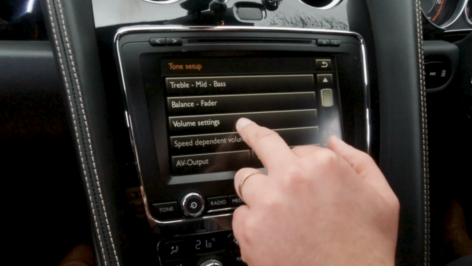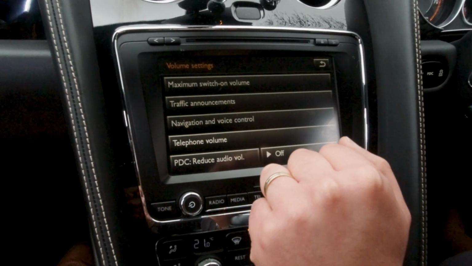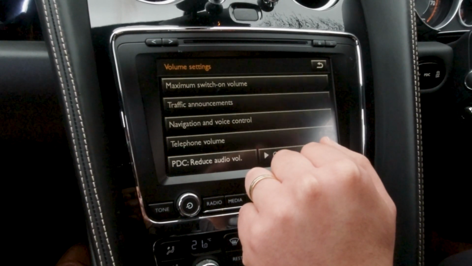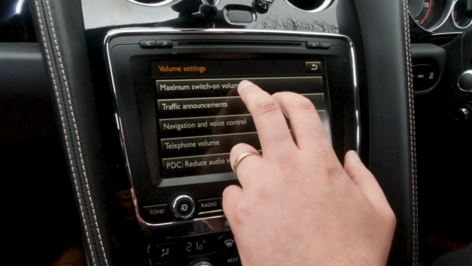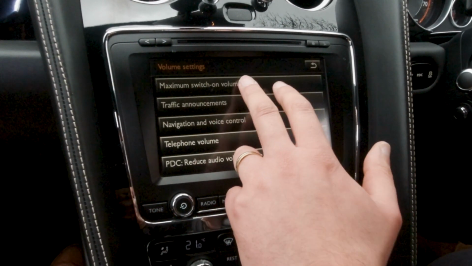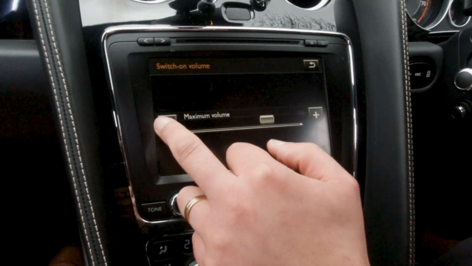Volume settings will give you some further options as to how you would like the sound to operate, and for example, your maximum